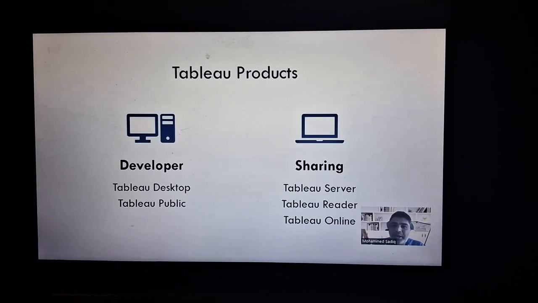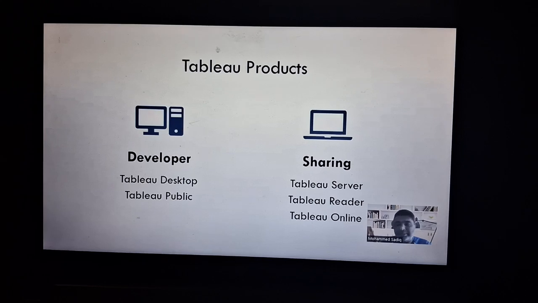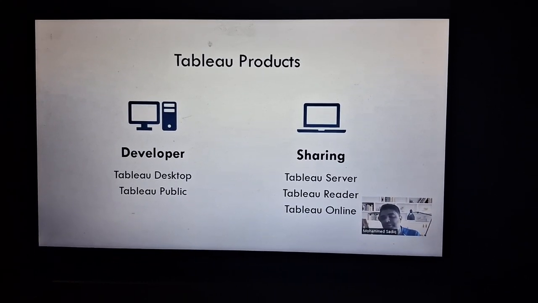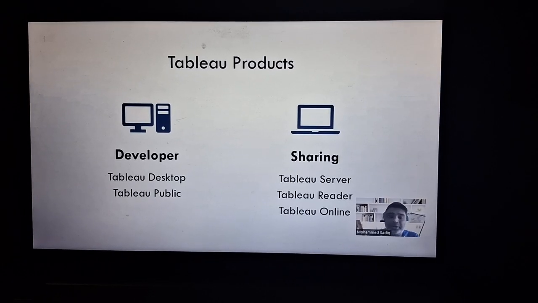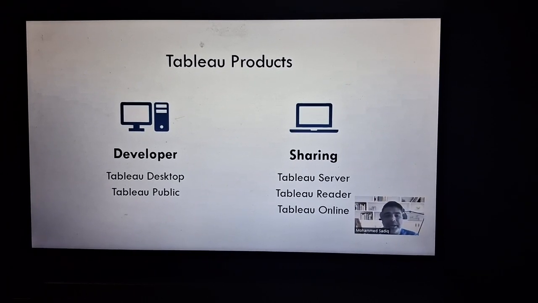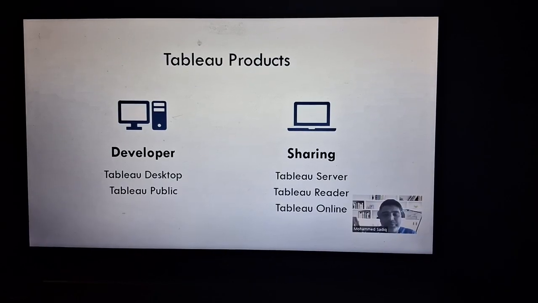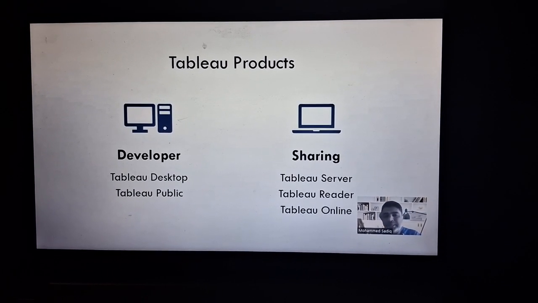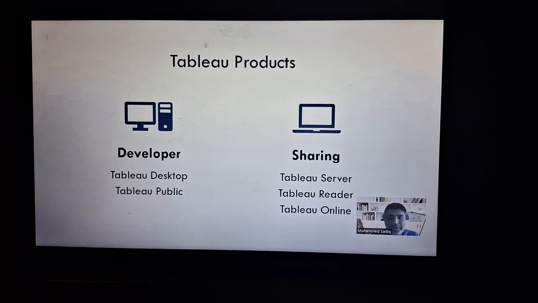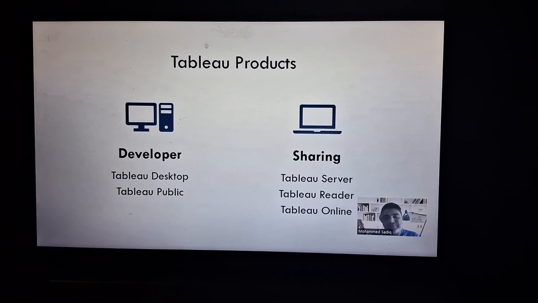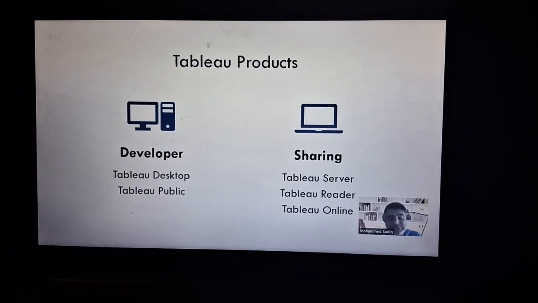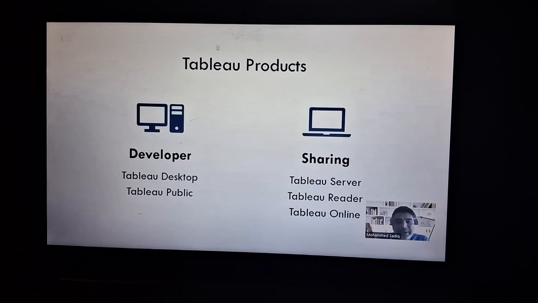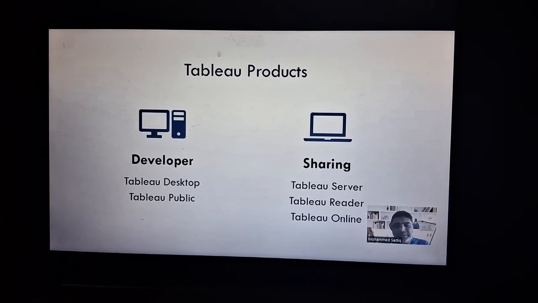The limitations are that it can connect only to limited data sources, mainly file systems like Excel files, CSV files, JSON files, and so on. It cannot connect to servers. In Tableau Public we cannot work with direct query, so we always have to work with import. Direct query is used when the data is very large. Since it's for learning purposes, you can try out a limited amount of data. You can read Excel or CSV data and work with that. So there are some limitations,